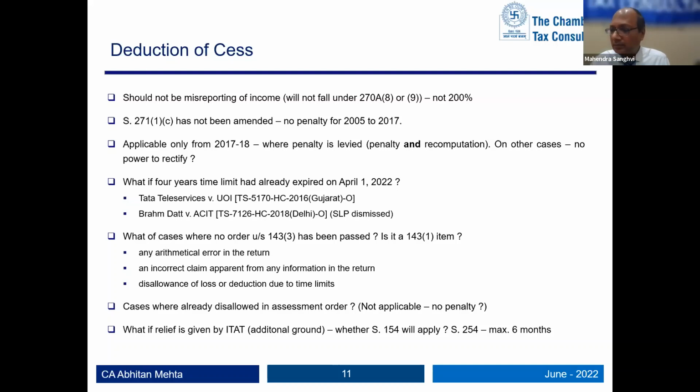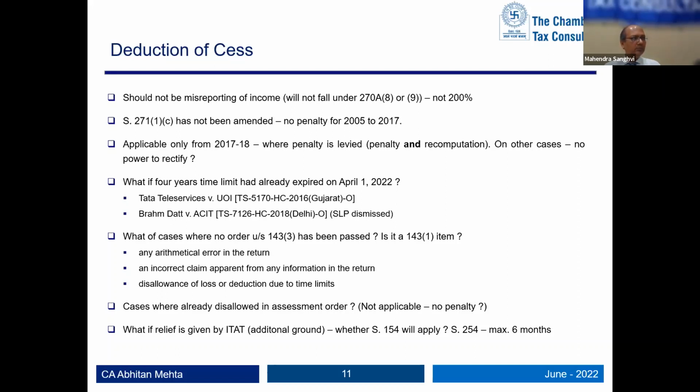Again, a technical point, whether you have to amend for before 1718 or not. There are two arguments to say that you don't have to amend for 1718. Say, for example, the assessing officer gave you relief, there is no outstanding proceedings on the subject, or CIT appeal gave you relief, there is no outstanding proceedings on the subject. To rectify an order, they are saying the period of 4 years will start from this assessment from 1st April 22.